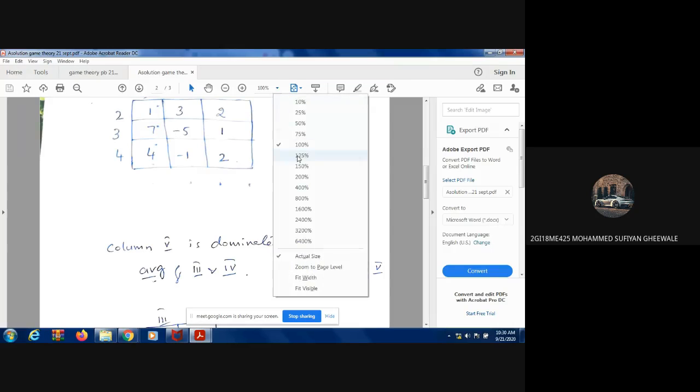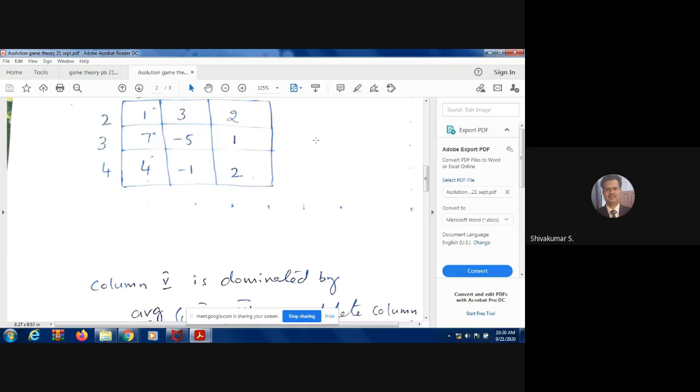Yes, sir, 3 by 3 matrix. Yeah, 3 by 3 matrix: 2, 3, 4 and 3, 4, 5. So 1, 3, 2, 7, minus 5, 1, 4, minus 1, 2. Now, of course, check out the values which are going to dominate. First row: 1 less than 7, 3 greater than 5, so not possible. 1 less than 4, 3 greater than 1, not possible. So the row is not possible. 7 greater than 4, minus 1 greater than minus 5, not possible. Okay, now check column-wise. 2, 3 greater than 2, minus 5 less than, no, not possible. So now no rows or columns are dominated.